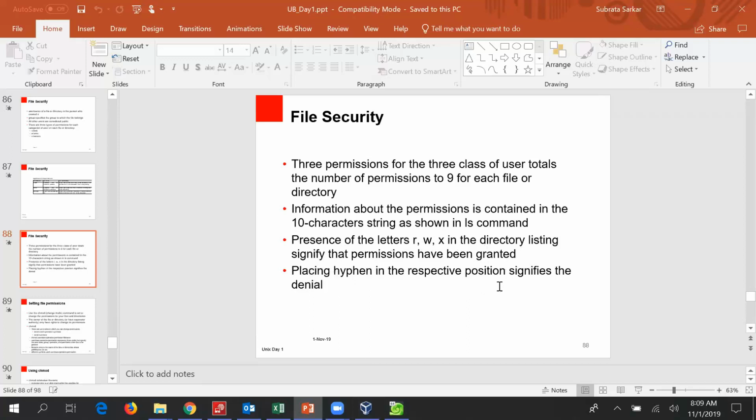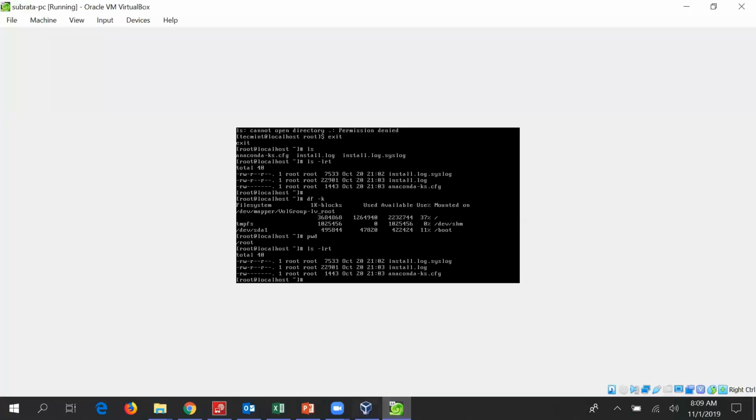Placing a hyphen in the respective position signifies denial. So if you see the command rwx, and there is a hyphen in the execute position, that is denied. The execute permission is not given.